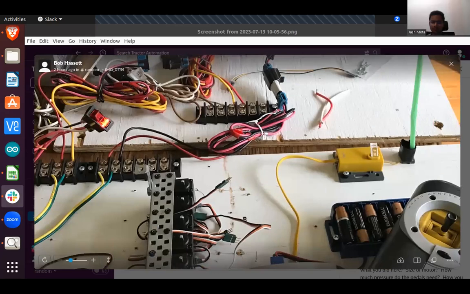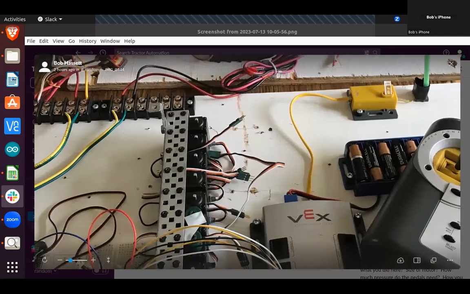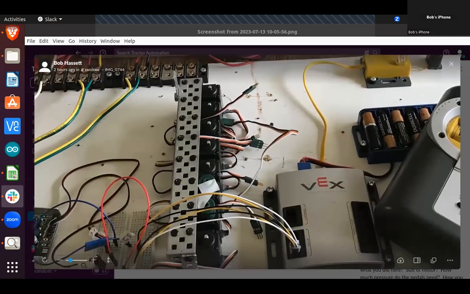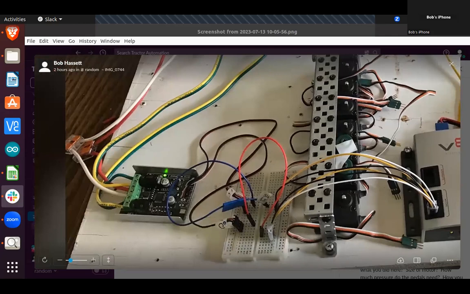So those will plug into the VEX, and then I can use the joysticks to control them. If that works the way I want, then I just jump over to the breadboard and the motor controller and run those 4 big motors.